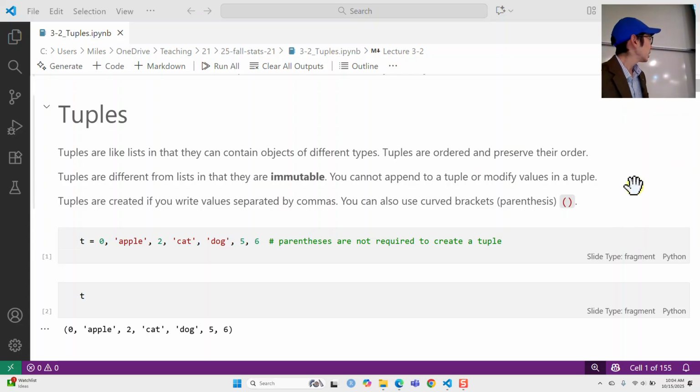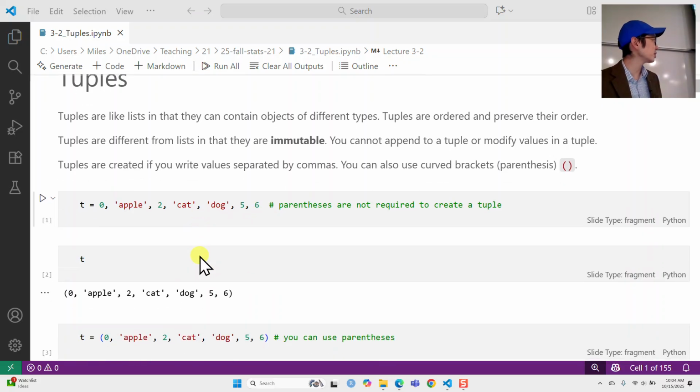We create tuples. This is the default: if you just provide values separated by commas, Python is going to interpret that and understand that as a tuple. And then you can also explicitly create a tuple by using parentheses as well. So here, I'm creating a tuple by doing,